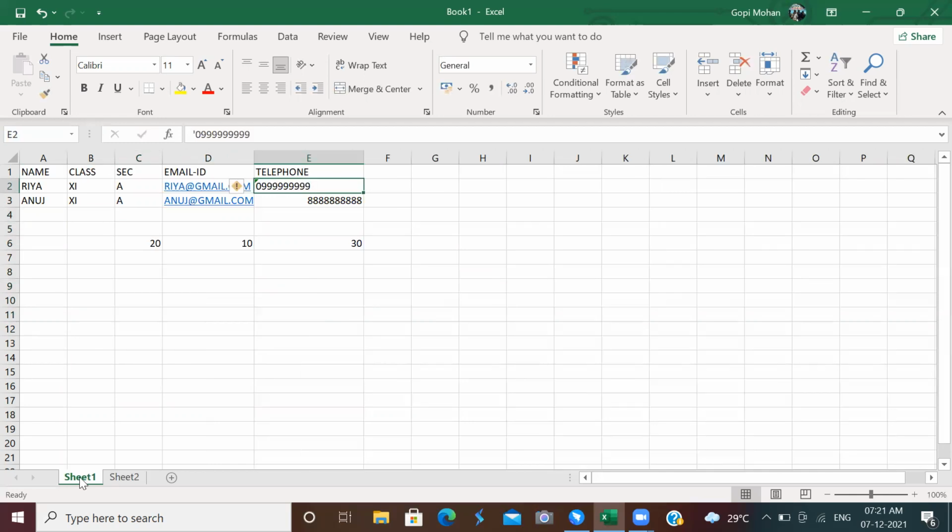Next, you have to enter the data into the cell as label, value, and formula. Label means text, a combination of letters and special symbols. By default, labels are aligned in left alignment. Values means numbers. Numbers are aligned in right alignment in the cell.